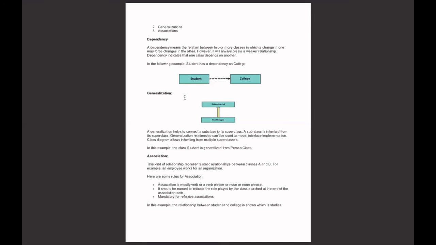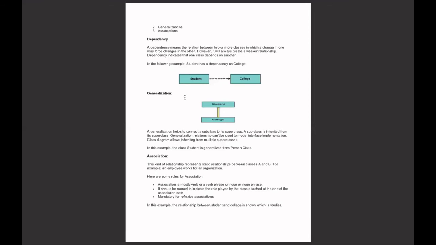Relationship is concerned with dependency, generalization, and now association: how things are associated and attached within the diagram. Relationships show how the elements and classes in the diagram react to each other. Here I am talking about association.